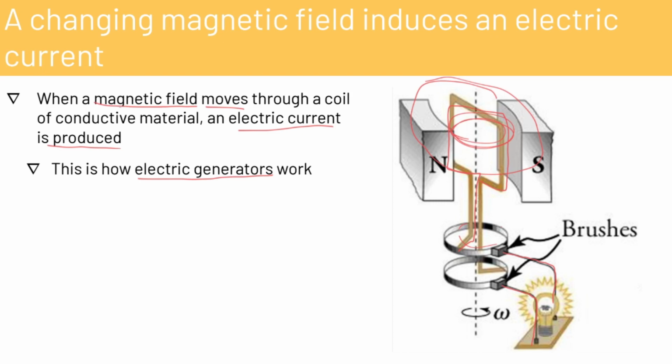This is a very simple generator. You connect a more robust and complicated generator like this to something that makes the wire spin, like a wind turbine, or like in a hydroelectric dam, where the water pressure from the dam spins a turbine. That's pretty much how we generate most of our electricity. So with this changing magnetic field, when you spin something inside of it, the electric current is produced.